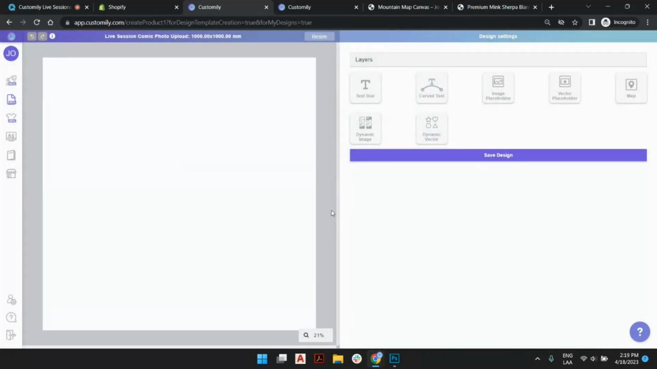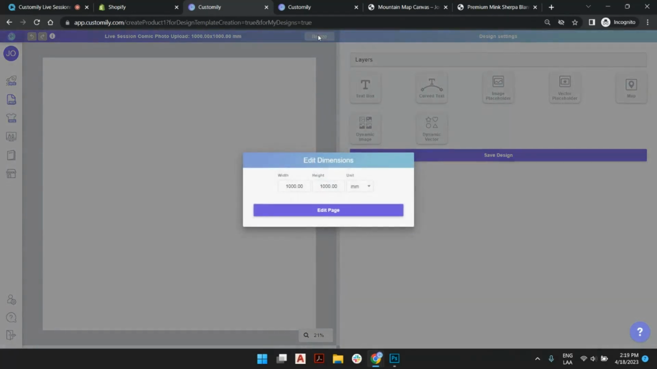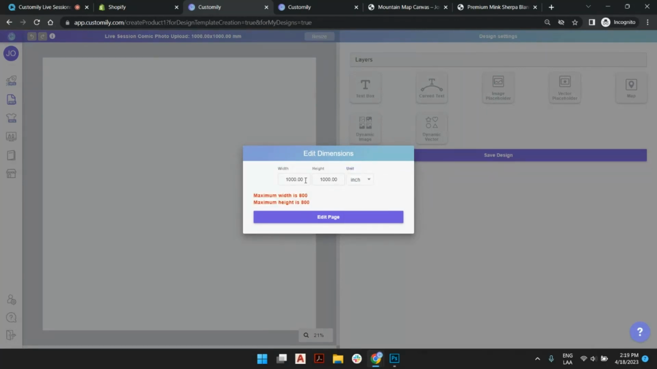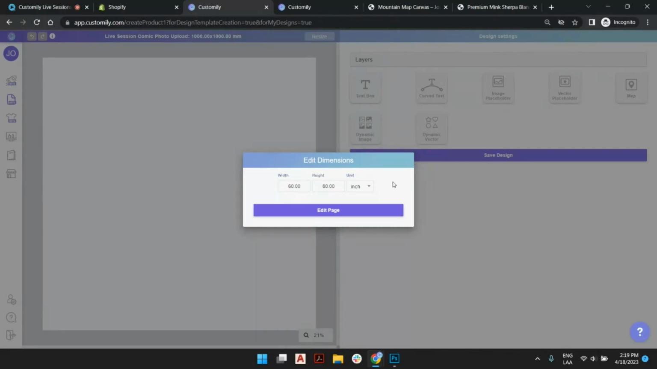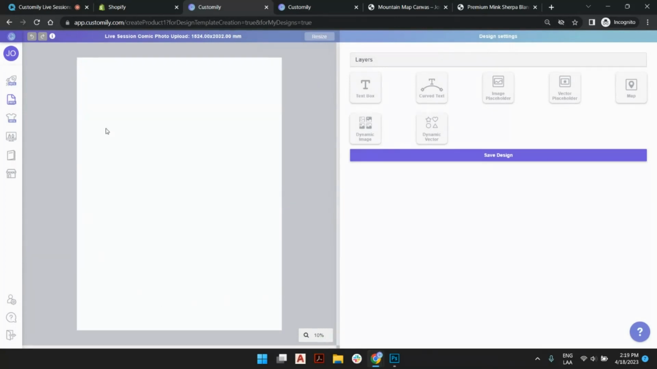You start off with a big square of 1 by 1 meters, but if you know your design will have a specific size, we can actually resize this. So what I'm going to do is click resize and select inches. And if you recall, we had a 60 by 80 inches design. So I'm going to edit this to resize it, most likely because we want to keep the ratio,